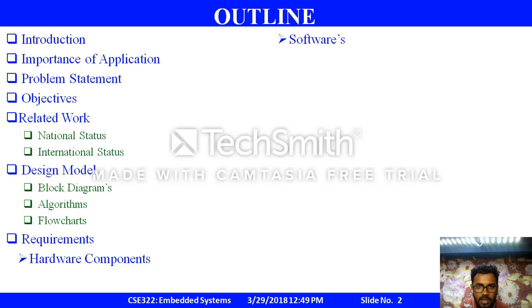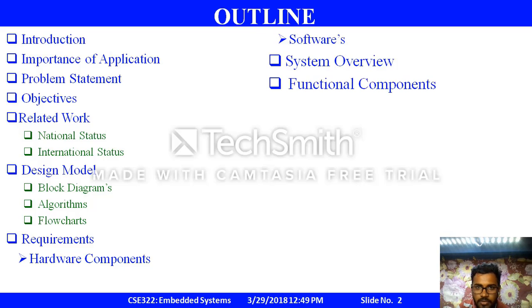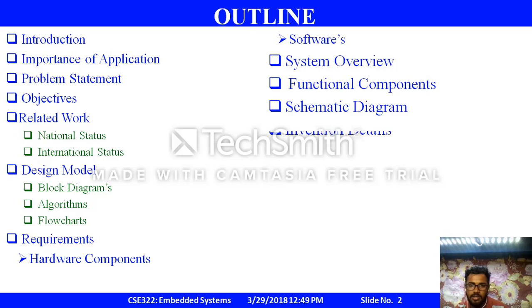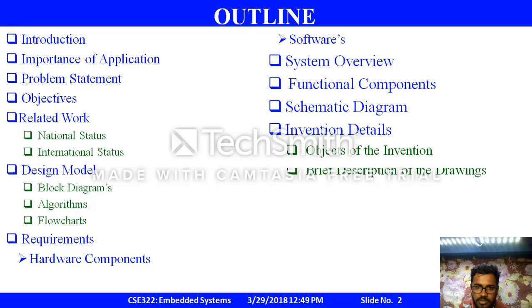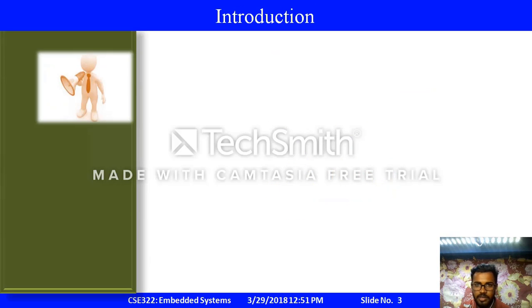Both the hardware components and the software components come under the requirements, then the system overview and the functional components, then the schematic diagram and the invention details, objects of the invention, the brief description of the drawings, and then the implementation of the working model, and at last the pseudocode. Then, coming to the introduction,